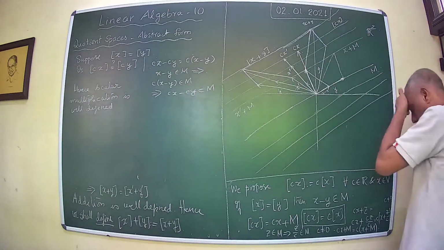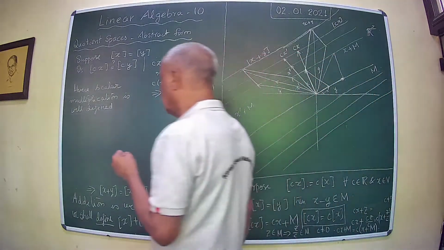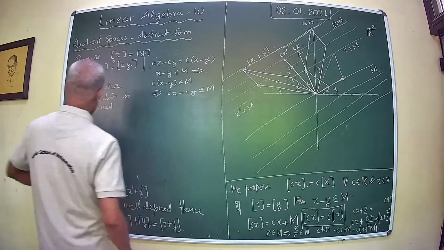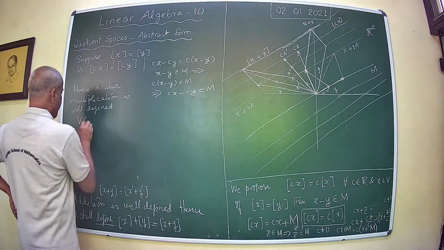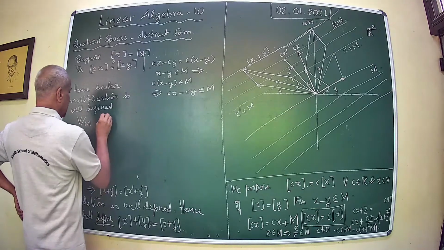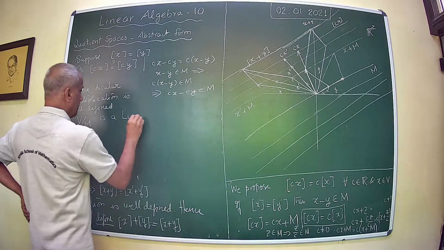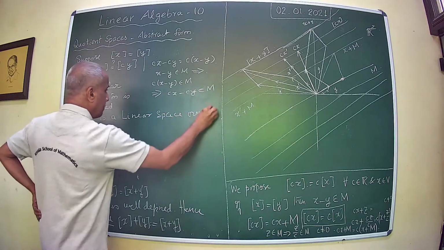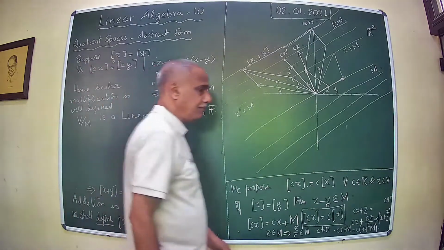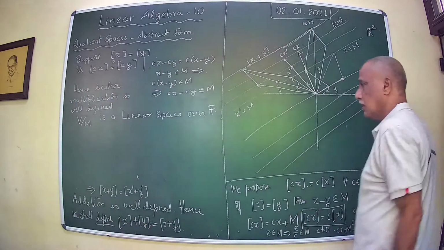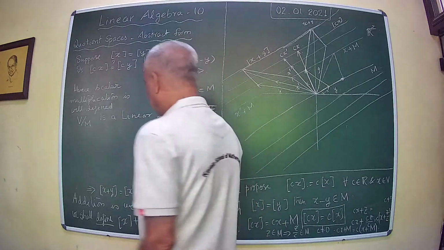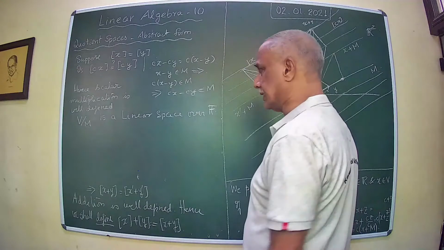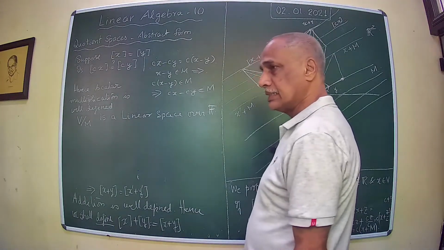Now, what you can verify is that V by M is a linear space over the scalars. What are the things you need? I'm not going to do the proof of that. You can show, easily check that it is